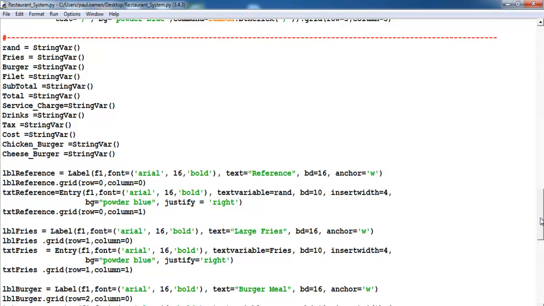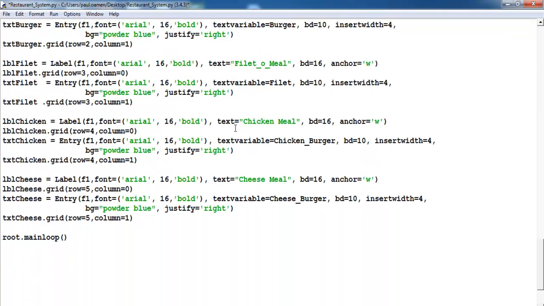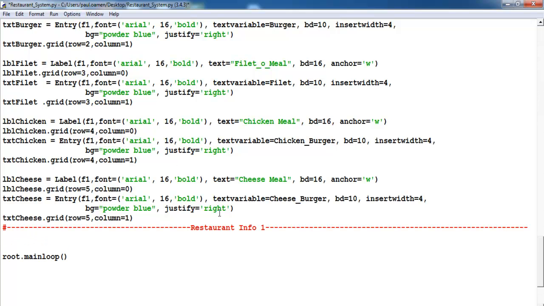You see, for this very first one, maybe we should just, let me comment it and just enter restaurant info 1. Okay, then the second one will just be restaurant info 2, so that we don't mix it up. Just paste that there, info 2. Alright,